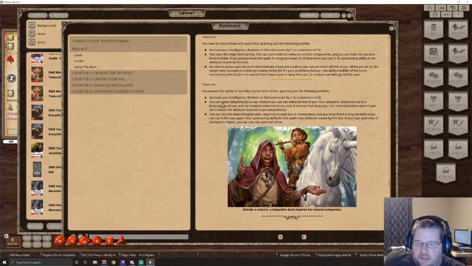I mean, and Telepathic, you can mentally connect with others. Okay, it doesn't give you the ability to bypass languages. That's good. Oh, and so you can talk to people, but they can't talk back. Interesting, and you can detect thoughts. Neat. I'm not a big psionics fan, but